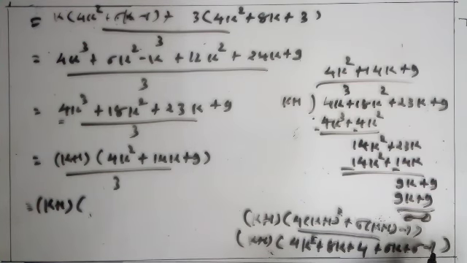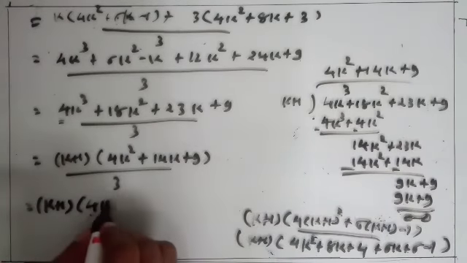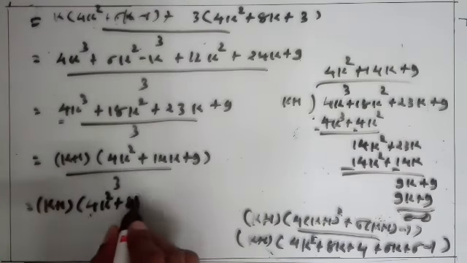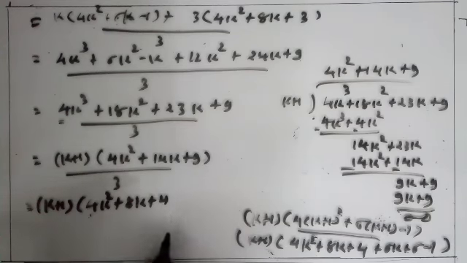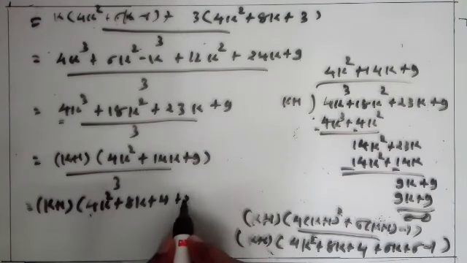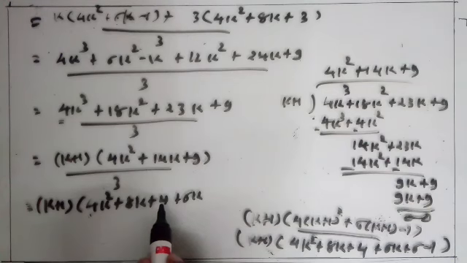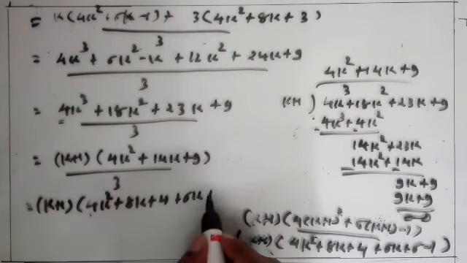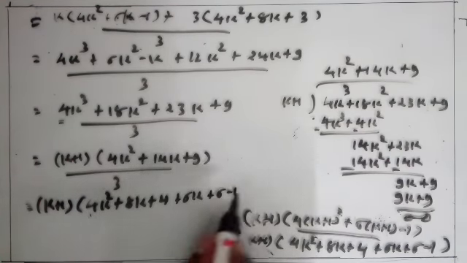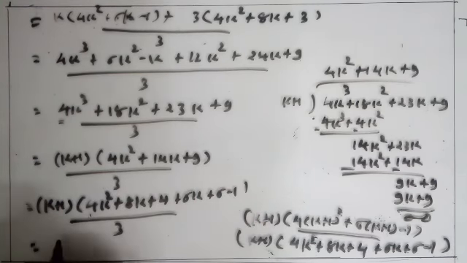4, 6, 10 minus 1, that is a 9. That is, we arrange the terms into this form. So 4k square plus 8k plus 4. Here we have 14k, so add a 6k. 9. Here we have a 4, so add 6 and subtract a 1. Clear? Upon a 3. So is equal to, this become k plus 1.